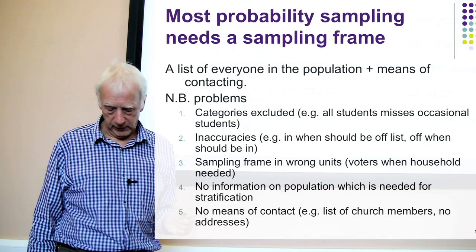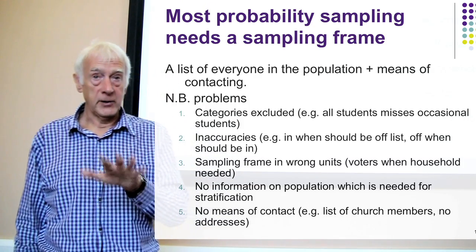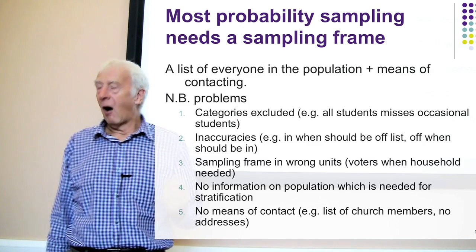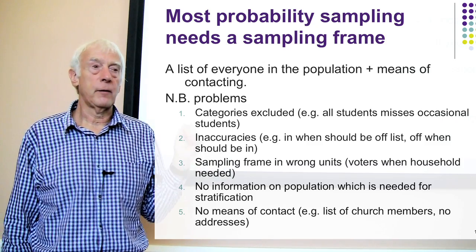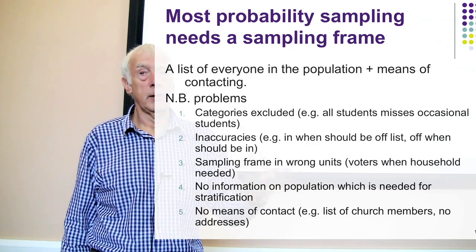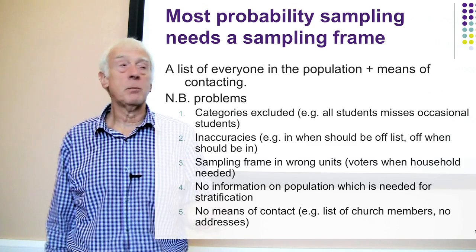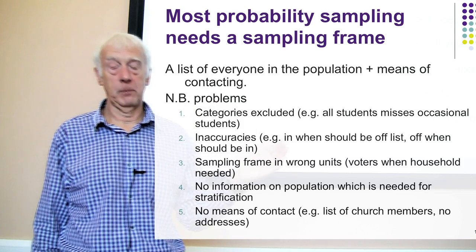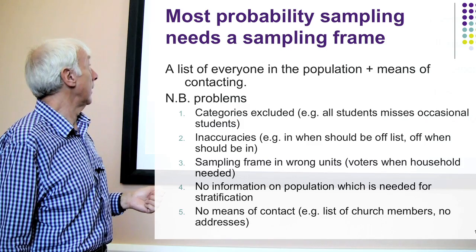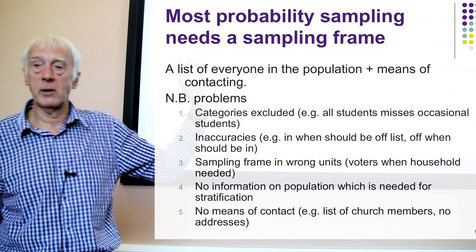Different kinds of issues to do with probability sampling. The first thing, and this is an important issue for some of the problems you've been having, I suspect, with getting good samples from the examples you've been looking at, is the need for a sampling frame. A sampling frame is a list of people from which you can draw your sample. And if you're doing it using probability or random number techniques, you need a list to do that in some way. At its most basic, it's a list of everyone in the population. And you pick from those. Now there are problems with that. Sometimes the list may be inaccurate in various ways, like maybe missing categories.